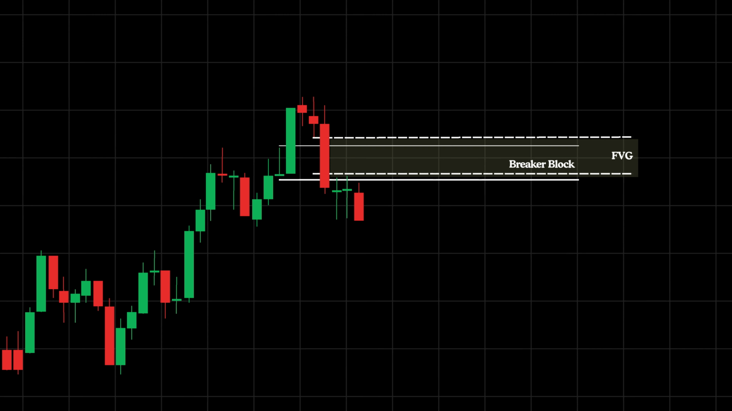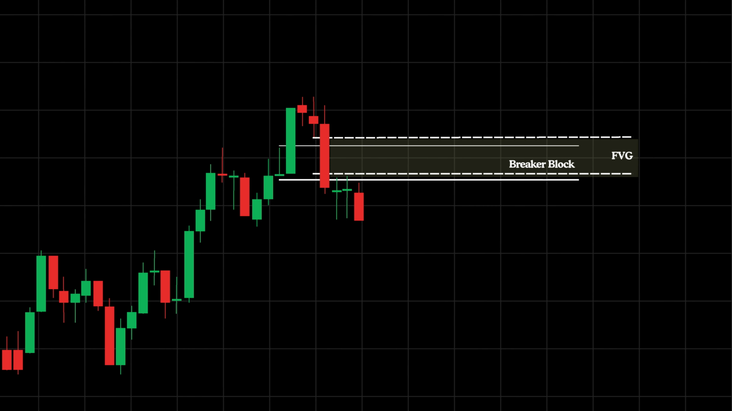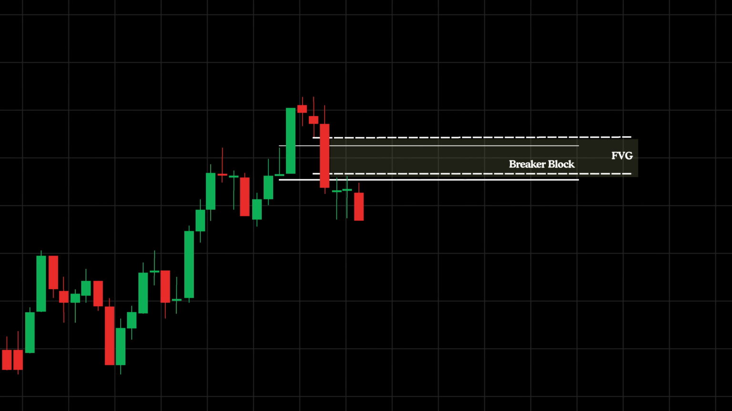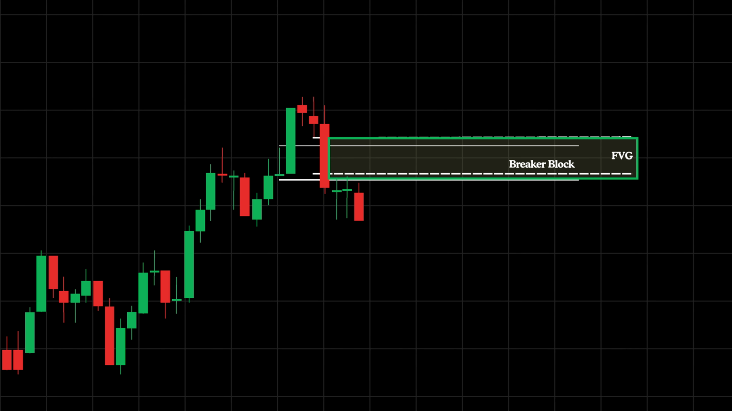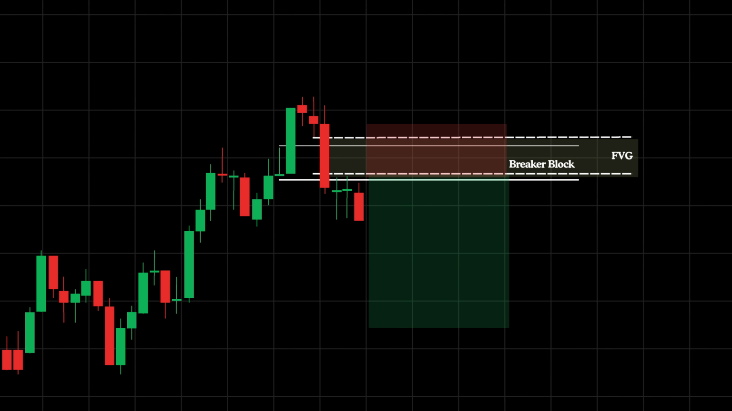These zones draw strong interest from traders since the alignment of signals often raises the probability of a notable market response. With many participants watching these regions, they become prime areas where traders plan and execute their strategies. Now for the entry, place your sell limit order at the beginning of this high confluence zone and set your